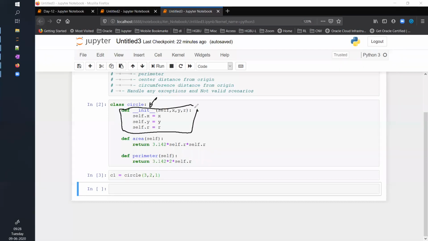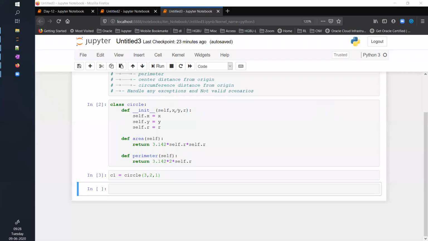You remember, you can call any function only by calling that function, like area, and then you pass the parameters. But this __init__ function is called the moment you create an object. We can see the flow through some print statements as well. We will do that.